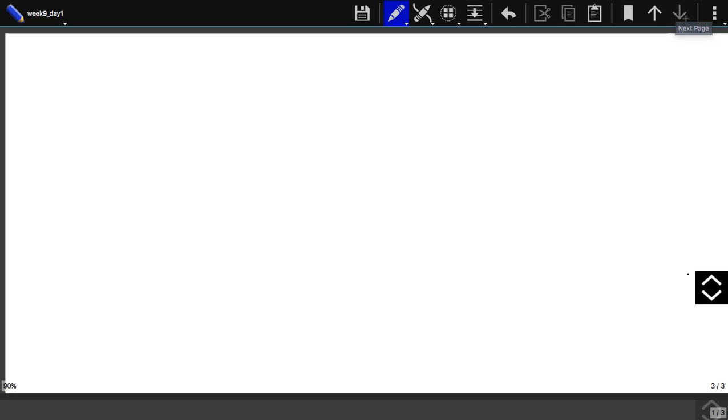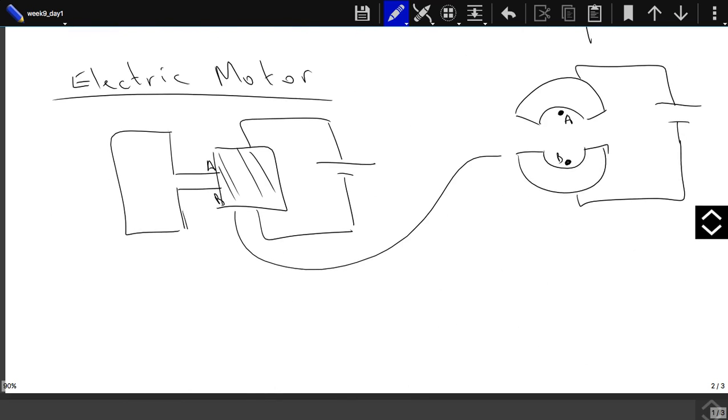Okay, any questions on this? The electric motors, etc.? Can I ask a question different from electric motors? Sure, go ahead. I am getting confused about the definition of dipole